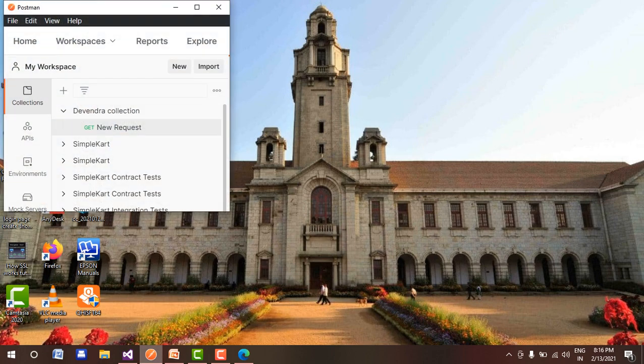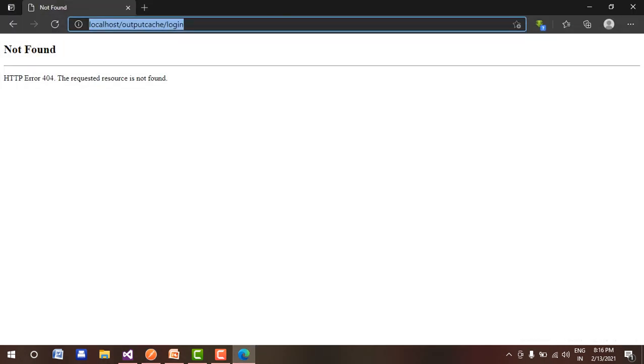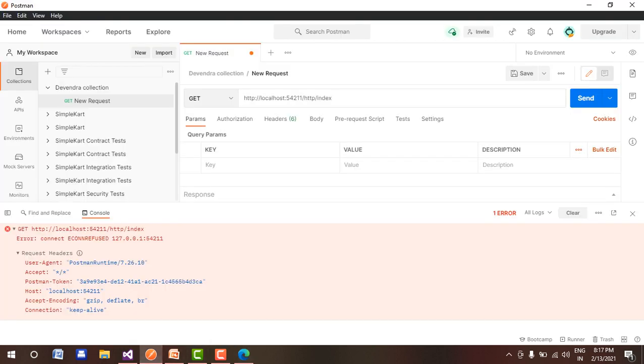Let's check it in the Postman application. This is my Postman application. On Postman, you can see I have used HTTP here.